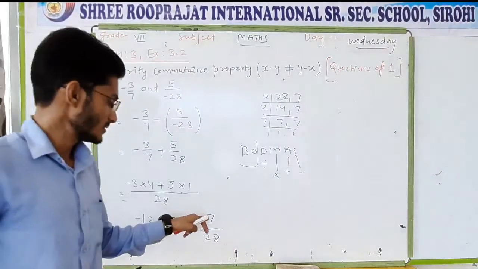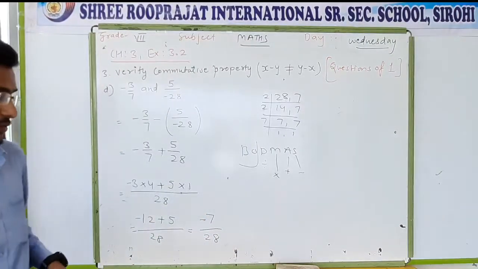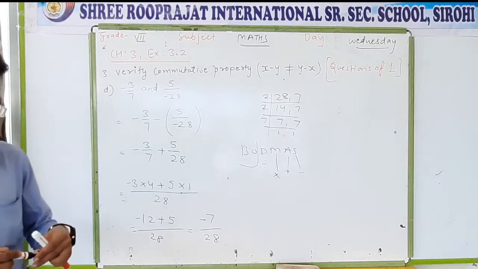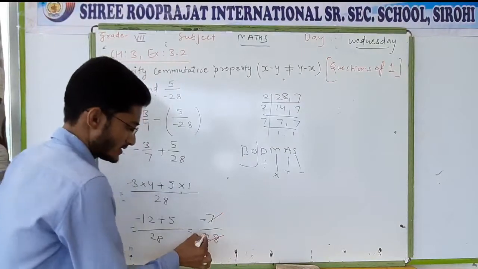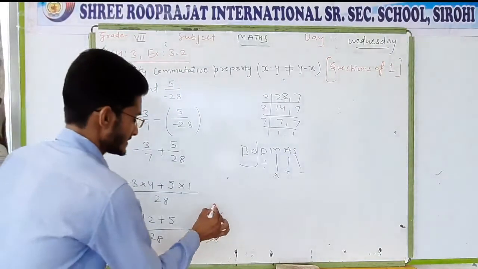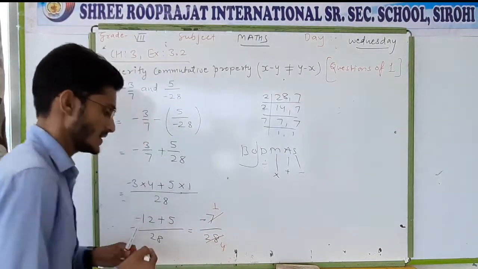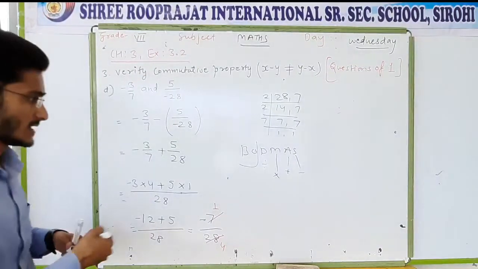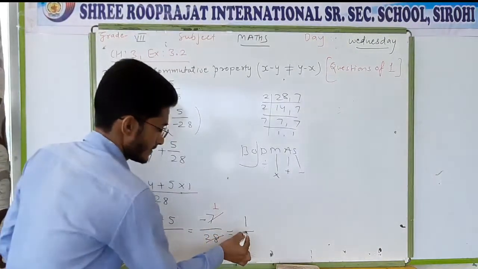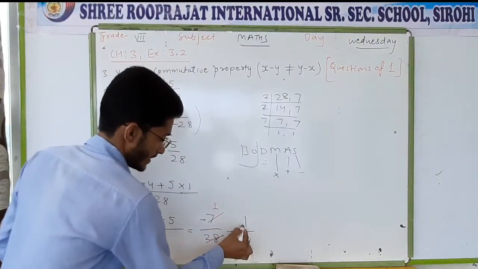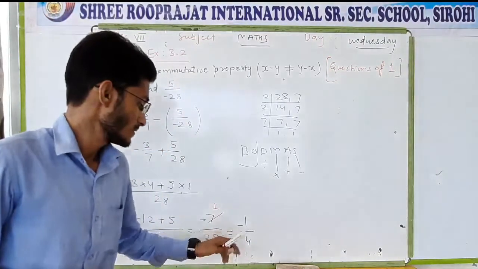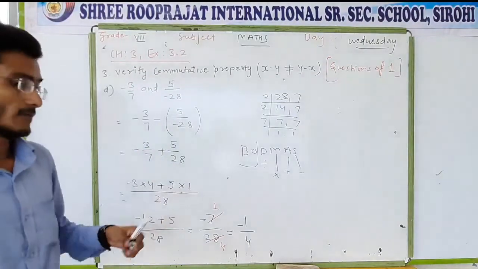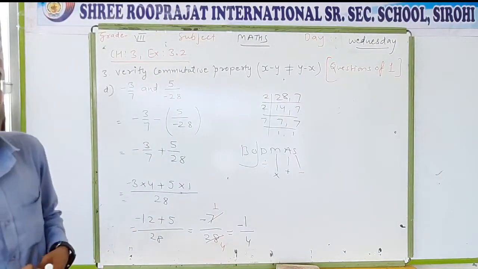Still, if both numerator and denominator, or P or Q, are divisible by the same number, you can divide. You can see 7 and 28 both are divisible by 7. 7 1s are 7 and 7 4s are 28. So next step, earlier 1 and 4, and it is minus 1 because minus is as it is. So now if you solve from this one, you will get minus 1 by 4.